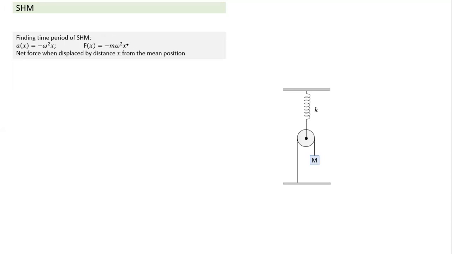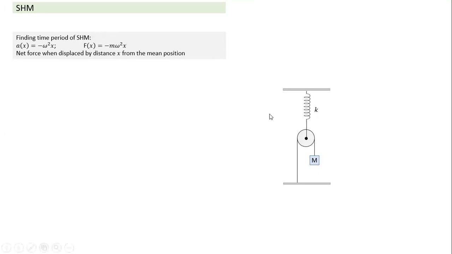So what is x here? x is the displacement from the mean position. So in any question where we have to find something like either omega or time period, first we need to find the mean position, the position where it is in equilibrium. From the mean position, if we give a displacement x, corresponding to that displacement, what is the value of F_x? If we can find F_x for a displacement x, using this equation we can find omega.